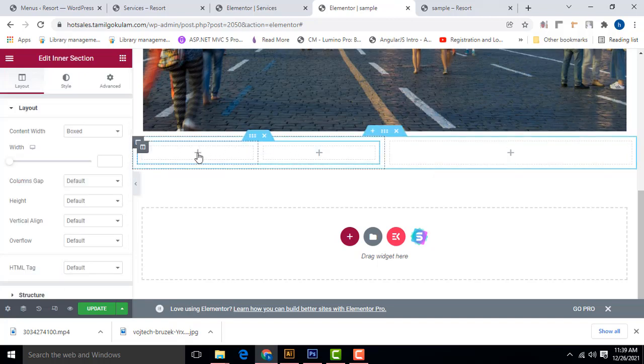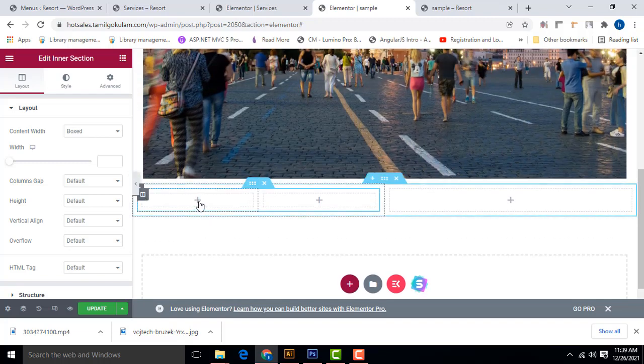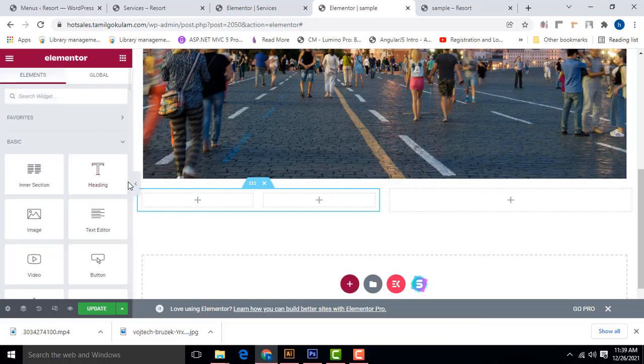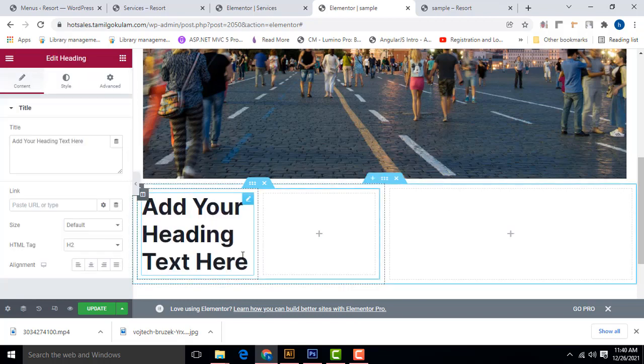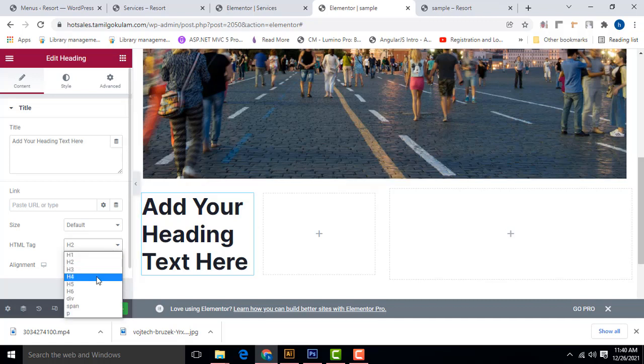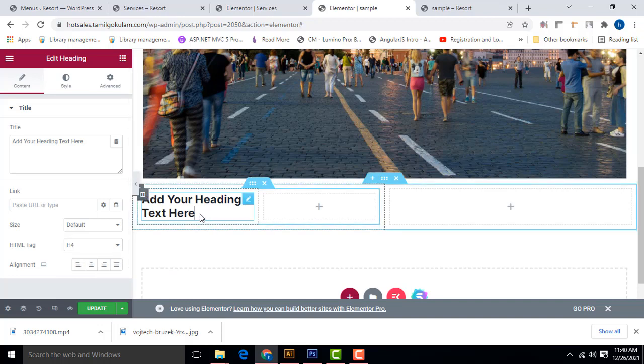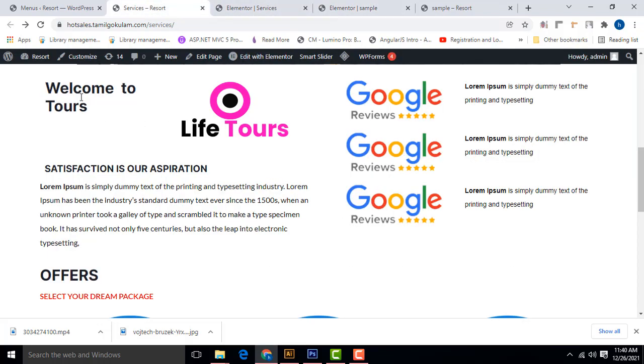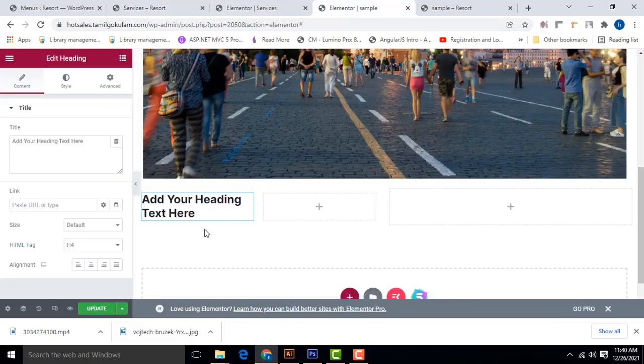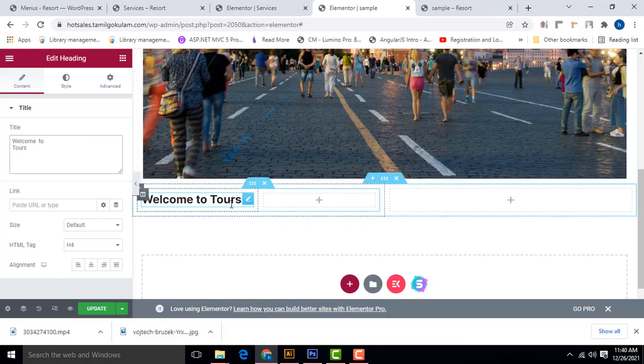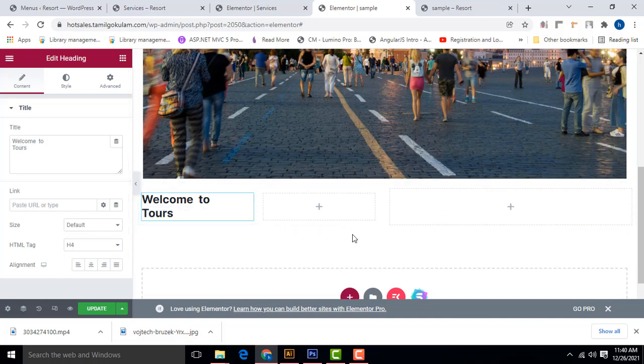In the second column, you have to add the logo. In the first column, you have to add something else. So what I did here is go here. We have to add it as a header tag. Click on this header. You will be able to add the header as well. Header, you have to style it, make it as H4 as well. So perfect. You have to copy and paste it. Welcome to tours. You can type it over here. I just copy and pasted it. If I type it, it's coming perfectly.